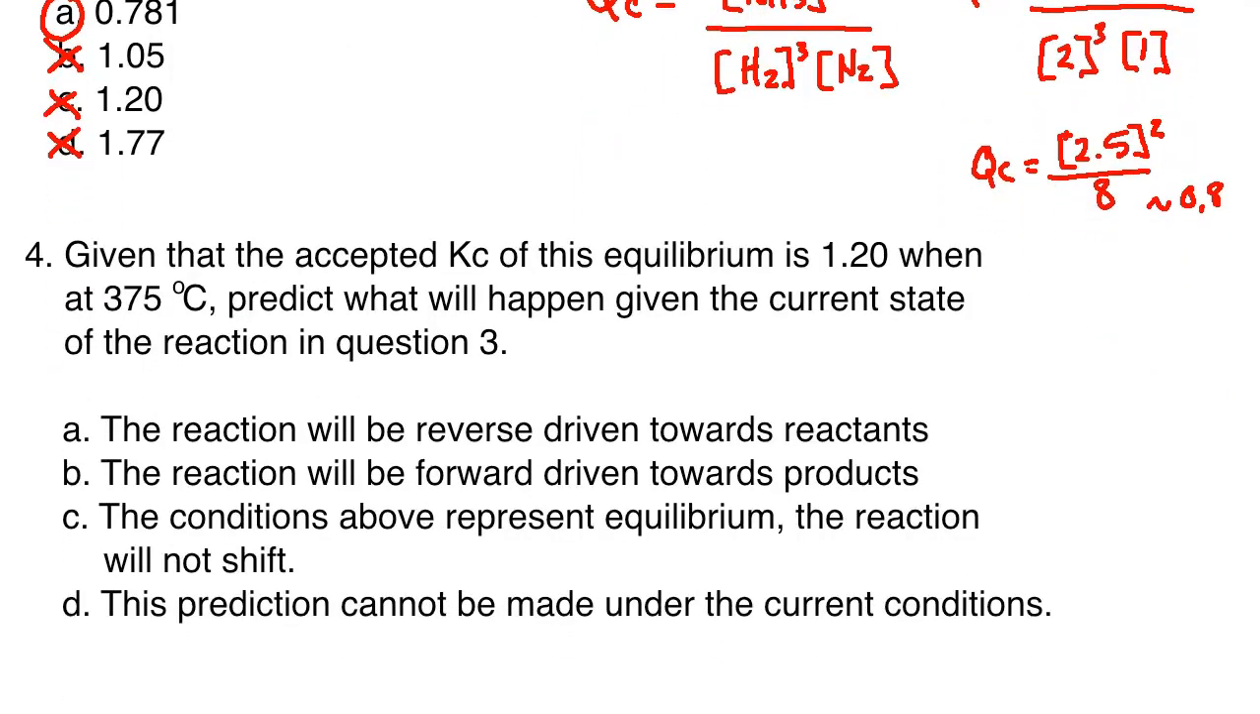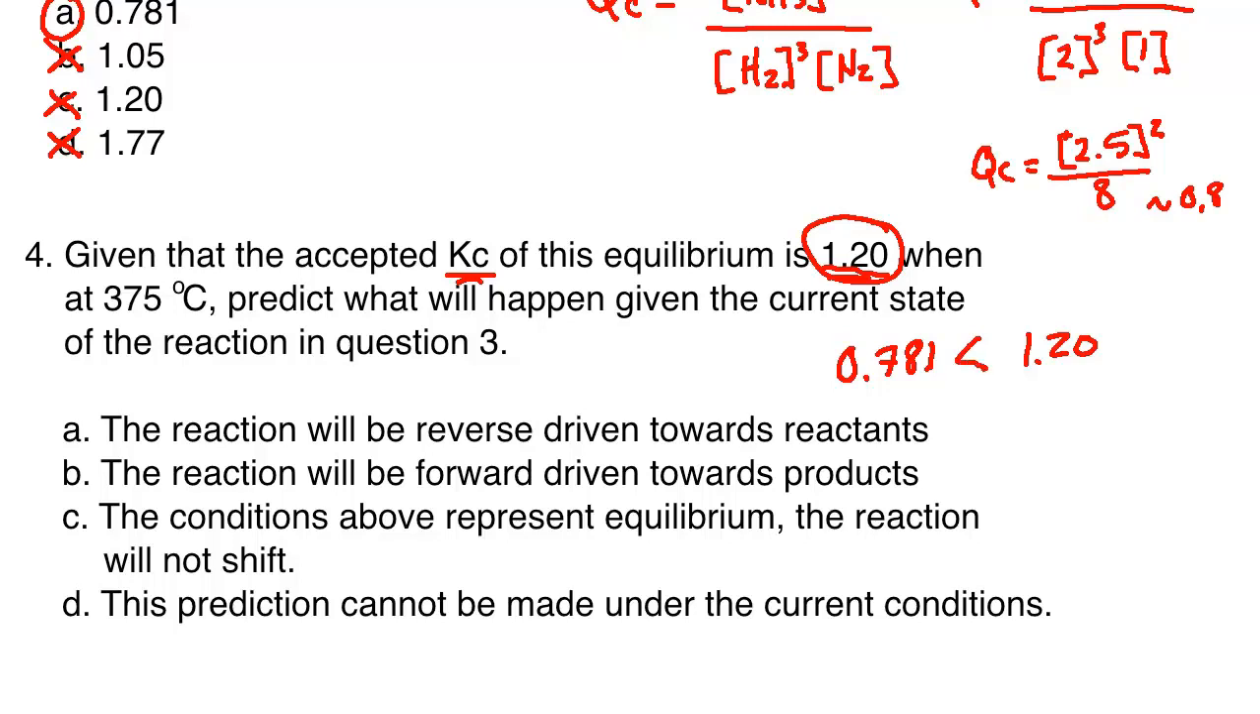Now, given that the accepted Kc, so this is the actual value if this reaction were to be in equilibrium, at 375 degrees Celsius, it's 1.20, right? So this is the value I need to compare to the value I just got up there. So predict what will happen given the current state of the reaction in question 3. So I can actually take this value and I can say, let's look at the 0.781 in comparison to the 1.20. Is this greater than, less than, etc.? So this would be less than